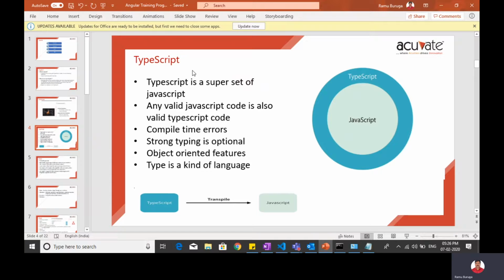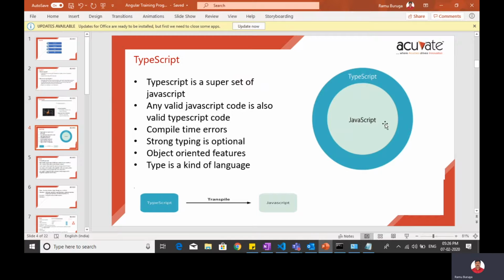Next, TypeScript. As I told you, TypeScript is a superset of JavaScript. Ultimately, whatever TypeScript you write will be converted into JavaScript. That is called a transpiler: one transpiler in TypeScript will convert your TypeScript code into JavaScript.